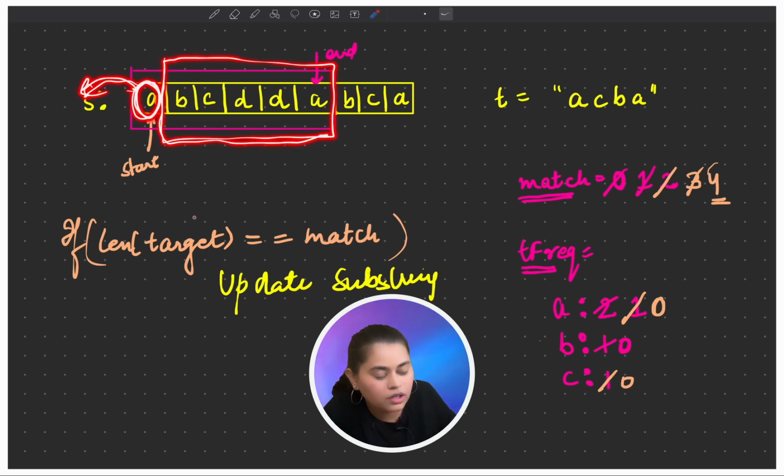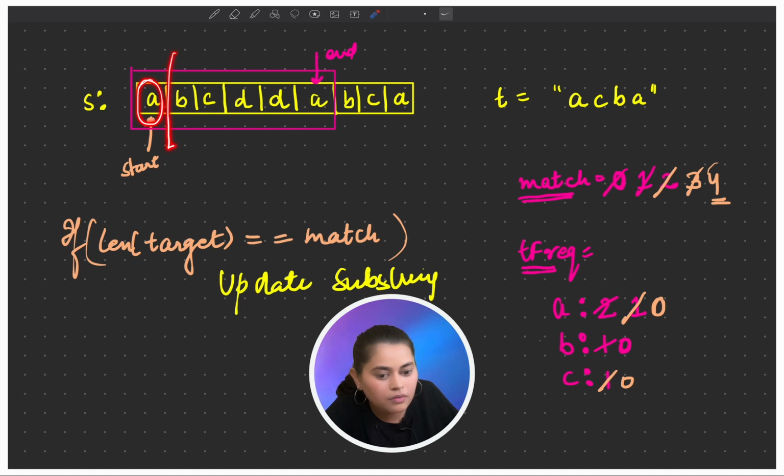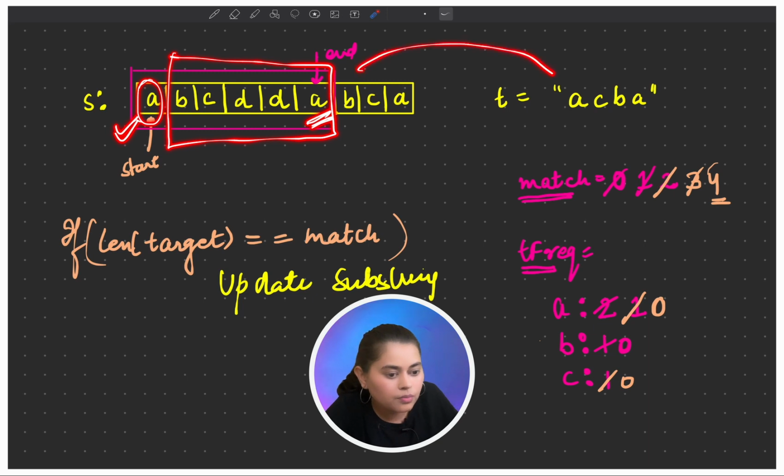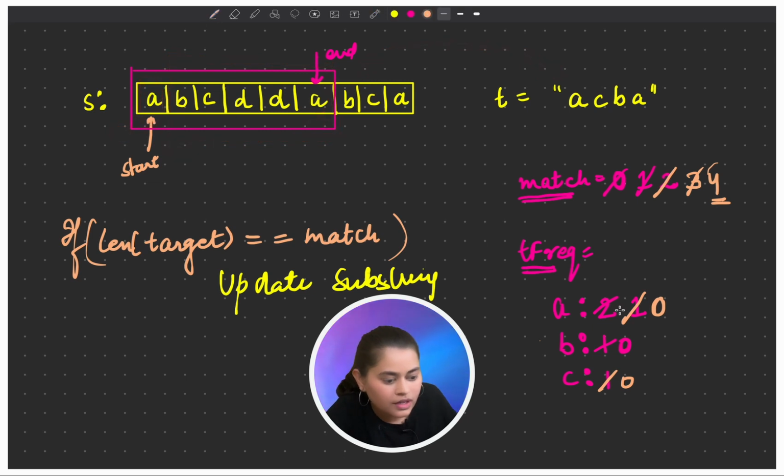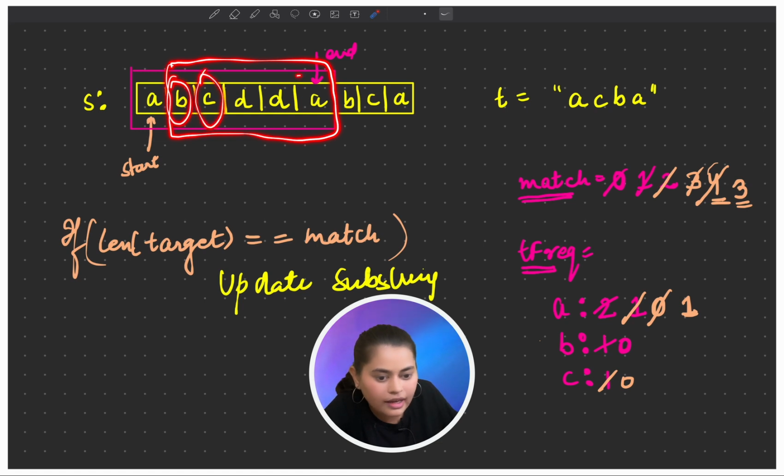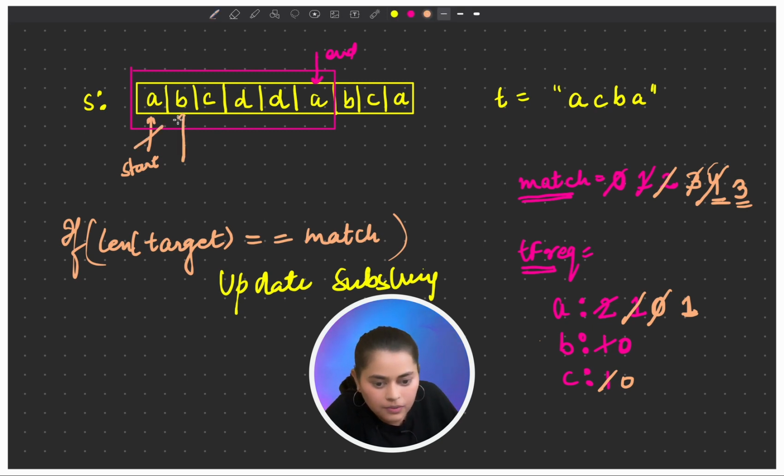A will go out of the window. If this A will go out of the window, we have just one A and we require one more A to make the occurrences of A equal to the occurrences of A in target string, right? So what we'll do, we'll increment its count. That means we require one more A. And we'll decrement the matched character. It became 3. That means currently in this window we have 3 matching characters, B, C and A, and we require one more A, right? This is the meaning of this, right? So now after this it will come to this.